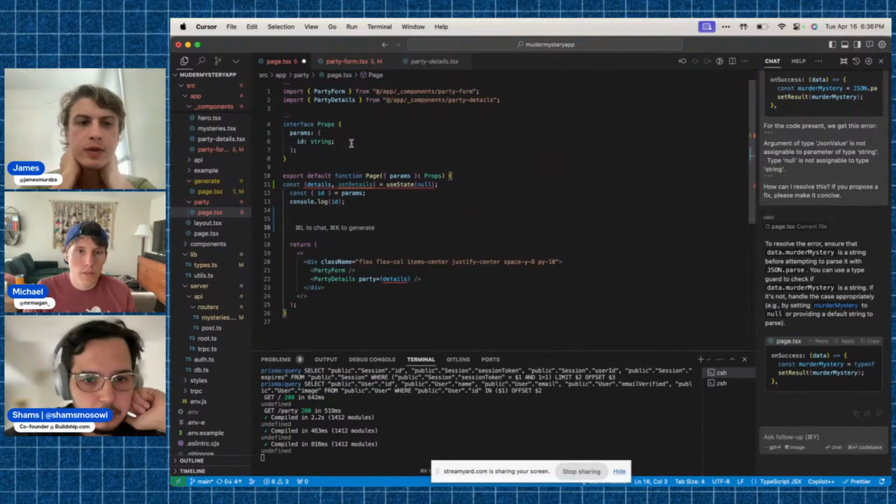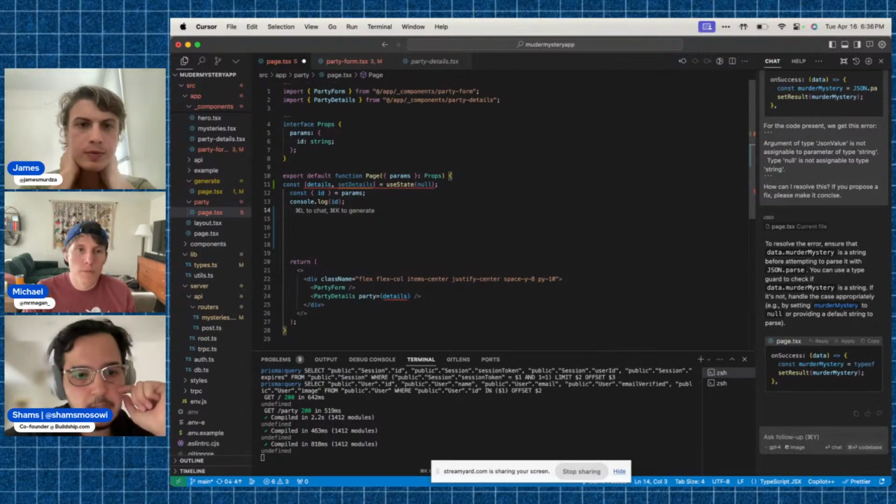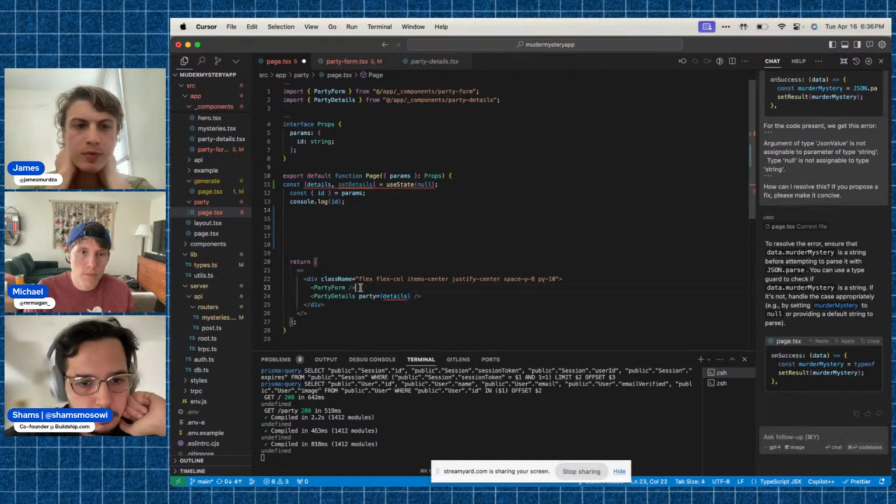And then maybe you set the party details to only render if details exist. So on line 24. We only want to show it when there's details, right?